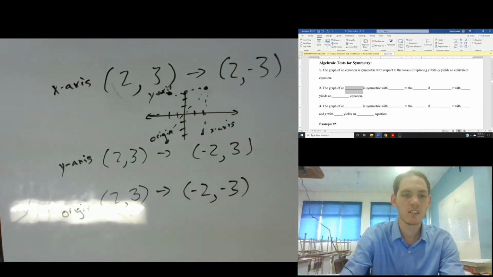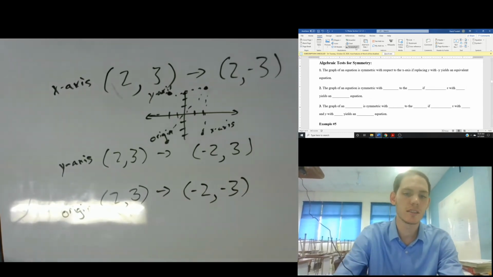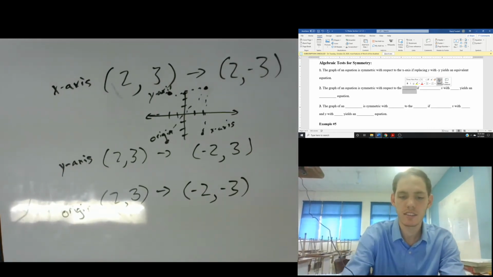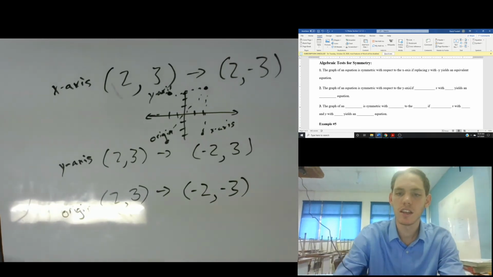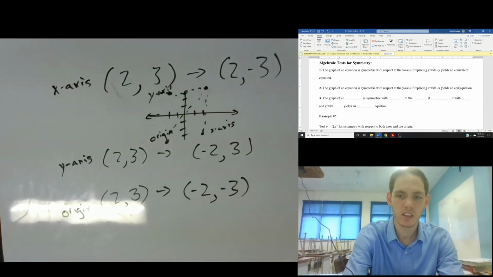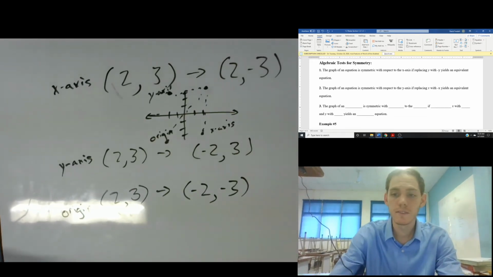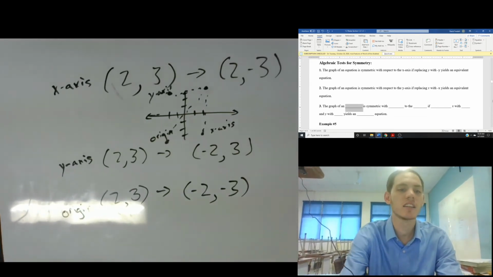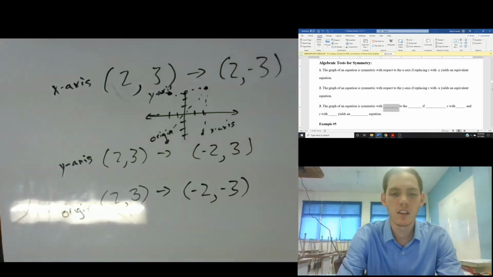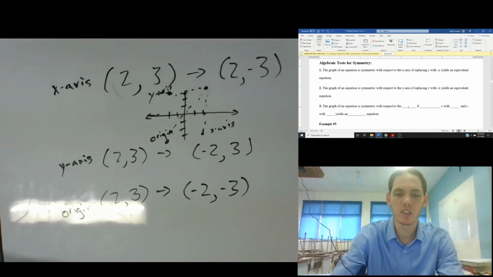The graph of the equation is symmetrical with respect to the y-axis if replacing x with negative x yields an equivalent equation. And then the graph of the equation is symmetric with respect to the origin